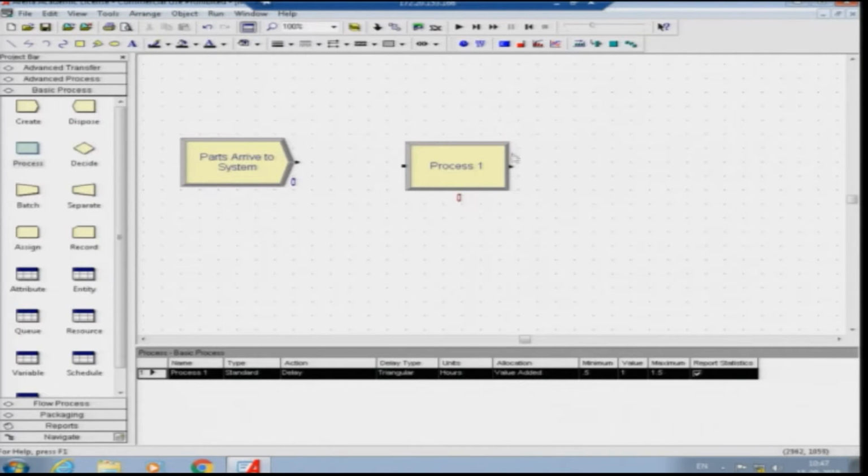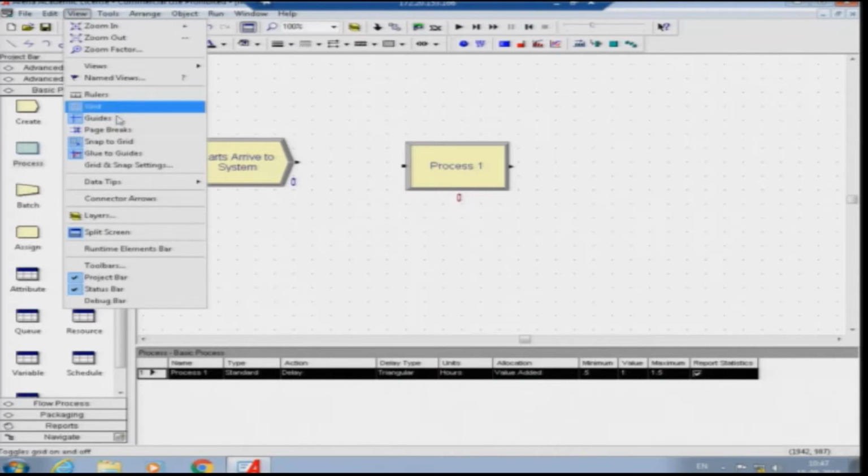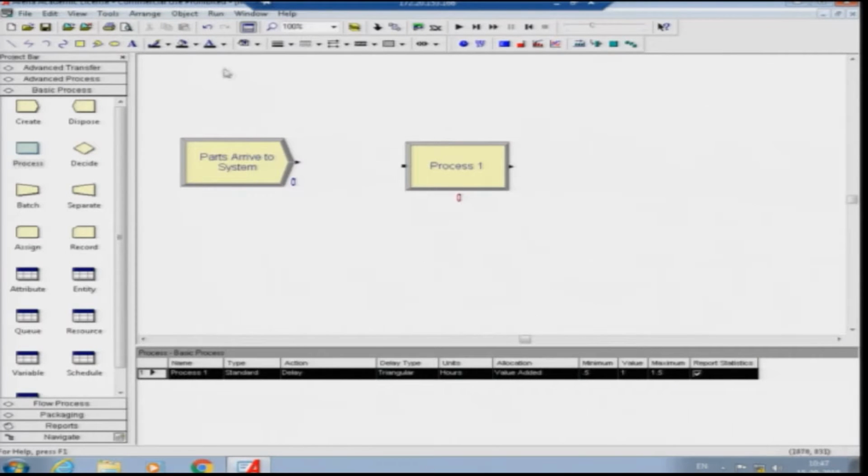You can see this, you can use a grid if you want to, or you can remove the grid and just use the white background. I prefer a white background because grids kind of make my eyes dizzy, but there are some people who actually like the grid because it allows things to be aligned properly. So, once we put the process module, it simulates the flow of the system.